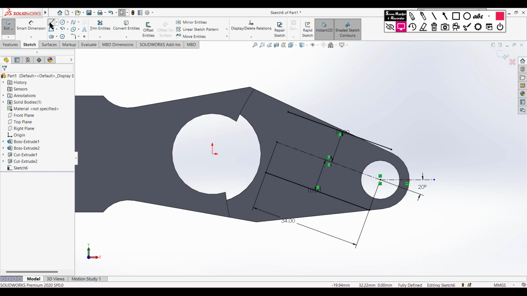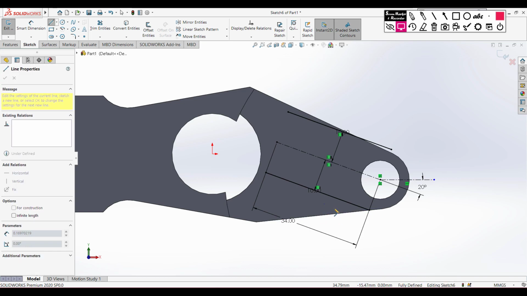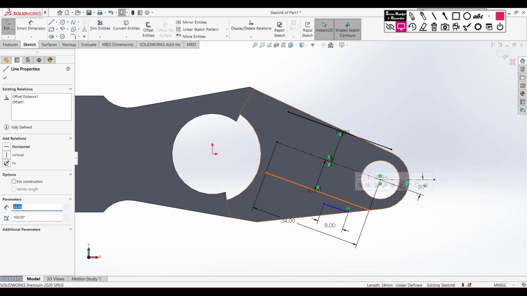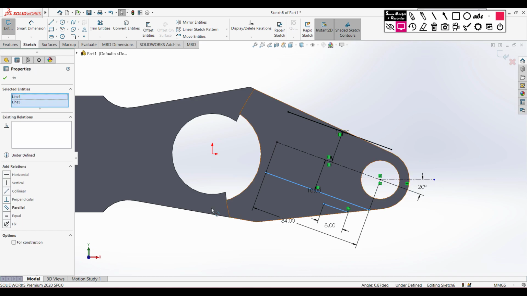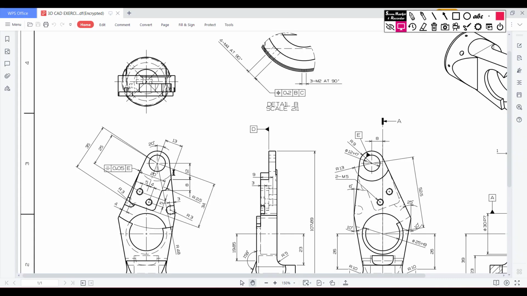Now we need to select a line and draw a parallel line of 8 unit. Okay, let's select this line and this line and make them parallel. Now press OK. These two have been made parallel, and now we can see it has a distance of 12